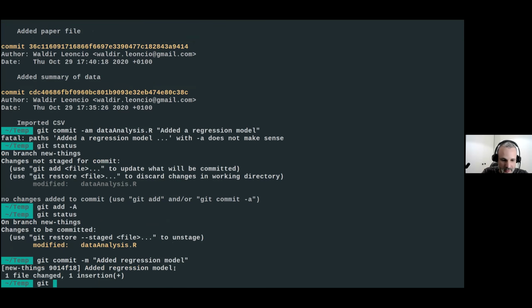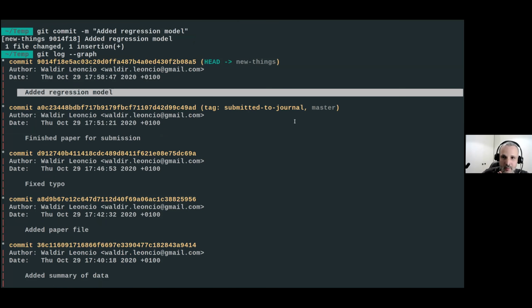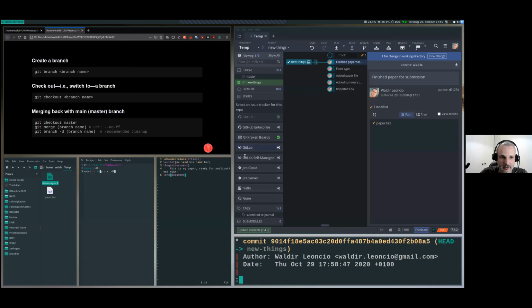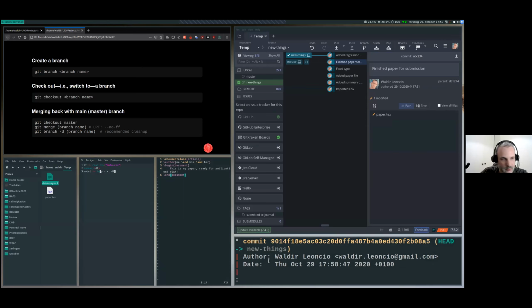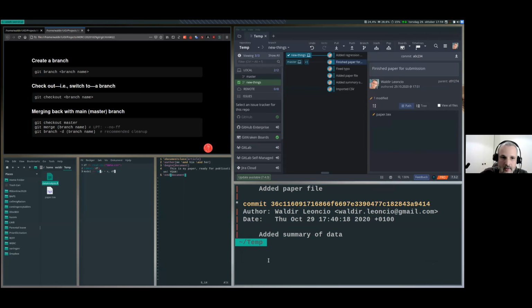So now let's check the log. Let's do a little graph. Now you can see how the head has moved with our new things, and we added the regression model. The master stayed back here and your tag stayed back here. So we're not gonna merge, not yet, but let's say in the meantime, your